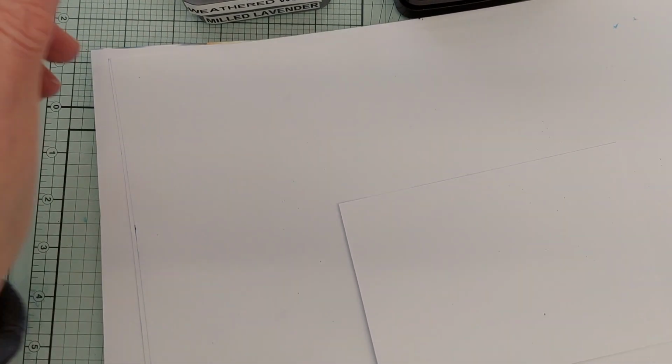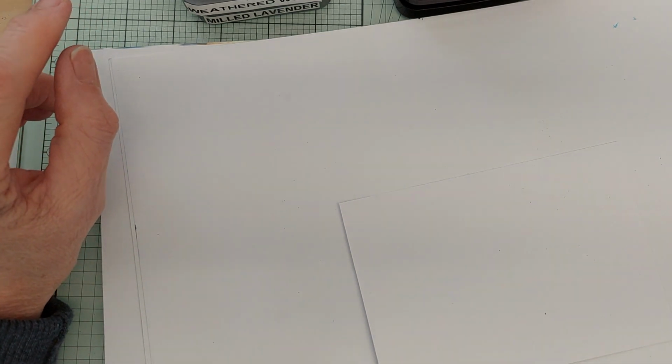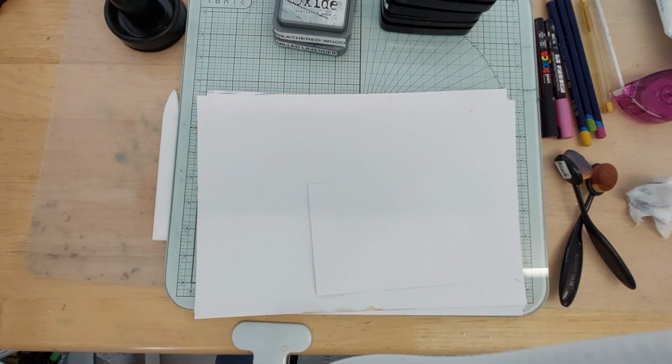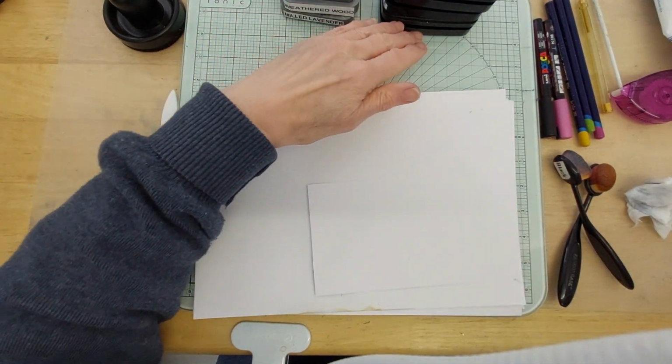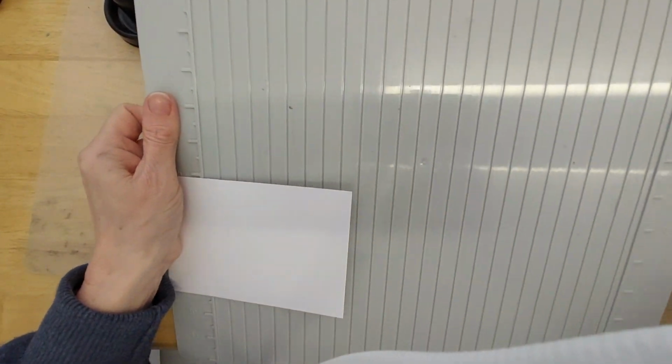Right, so let's get started. You also need a scoreboard, and sorry, I forgot to say, you need a fine brush and some water for the watercolour pencils. So I'm going to make my camera angle a little bit wider so you can see what I'm doing here. You just have to remember to put it back afterwards. Right, let's move those over. Now on my scoreboard,